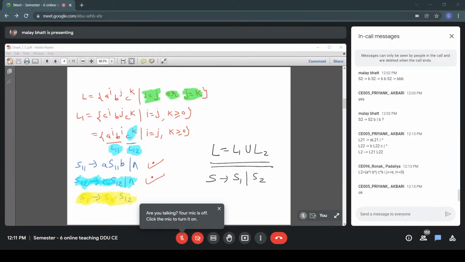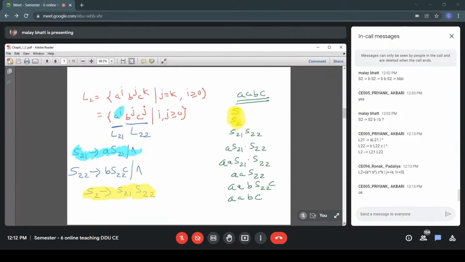So let us see what Priyank has written. Almost the same you will find. So at last what do we get? You will get the concatenation of the two, S21 with S22. It is similar to what Priyank has written. And we are able to derive the string as well, AABC, where you can see A is independent and B and C are equal. So from S, we are writing